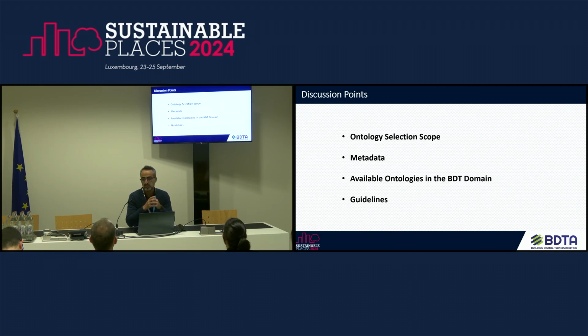Second, the metadata that we want to store for each ontology. So what is the minimum information required that we see the users need to get familiar with those ontologies? For example, the creator, the publish date, the update date and frequency, the use cases that those ontologies can be used for, or the applications that have implemented those ontologies. Then it can act both as a catalog of ontologies and as a catalog for the applications that are using some ontologies in the domain of interest.